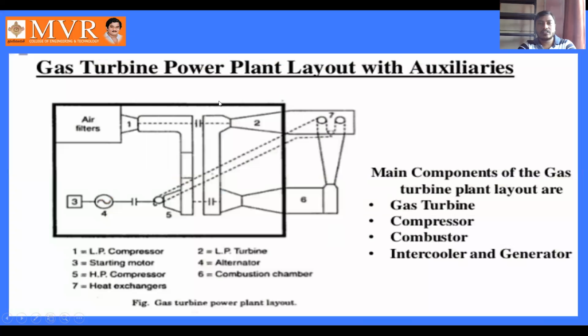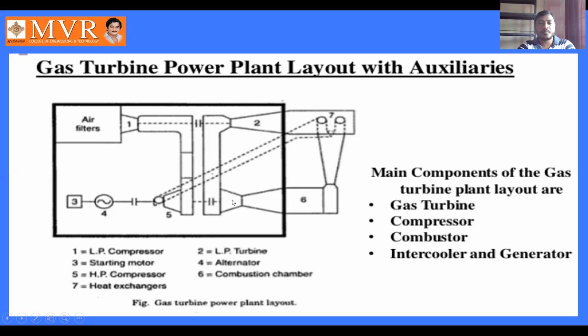And coming to the gas turbine power plant, the air enters the low pressure compressor after filtering in the air filters, and then enters the intercooler. After entering the intercooler, the air is cooled and enters the high pressure compressor. In the high pressure compressor, after compressing the air, it gives high pressure and high temperature. From the high pressure compressor, it is transferred to the heat exchangers. From the heat exchangers, it enters the combustion chamber where combustion takes place